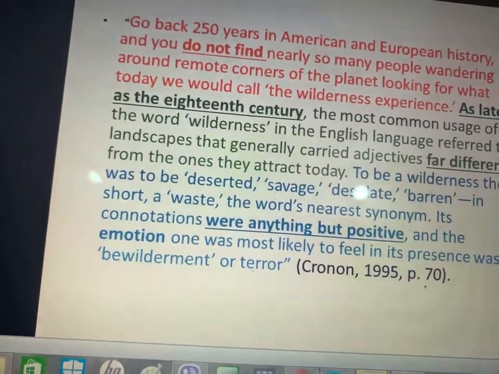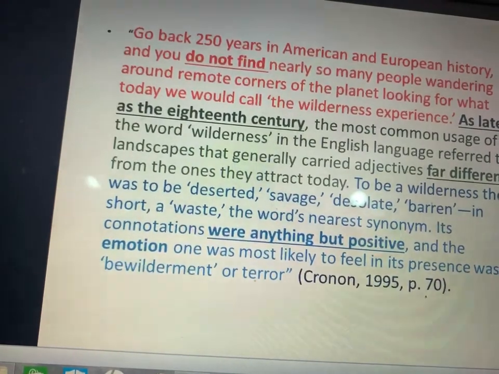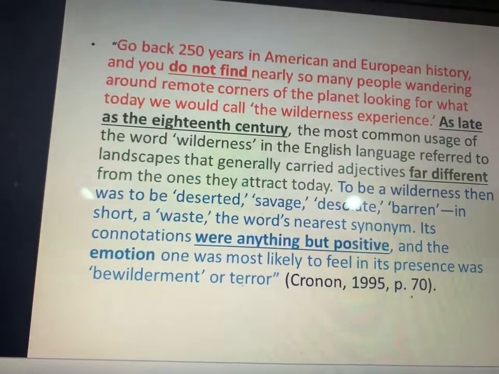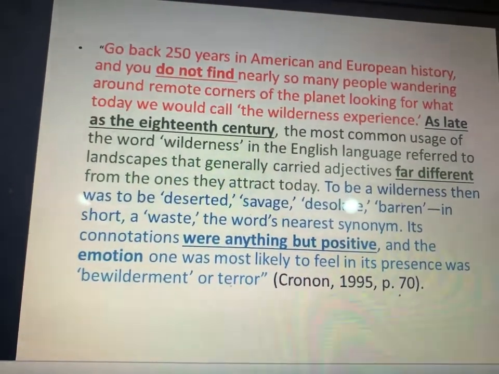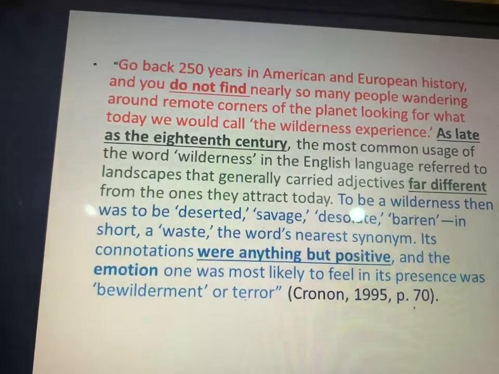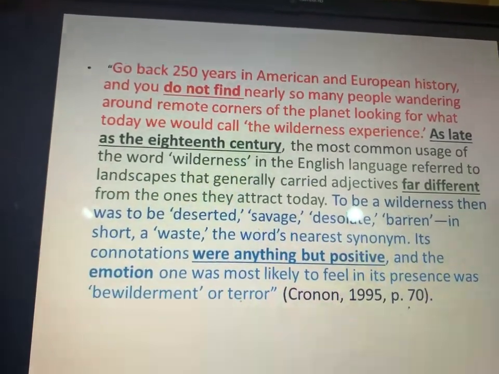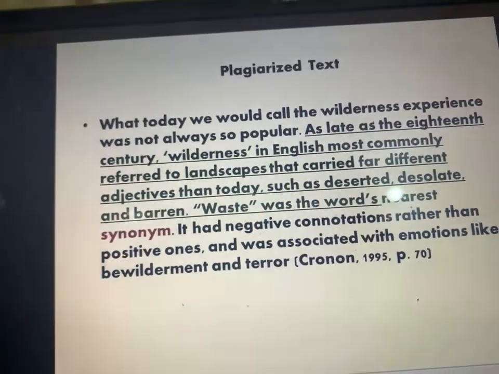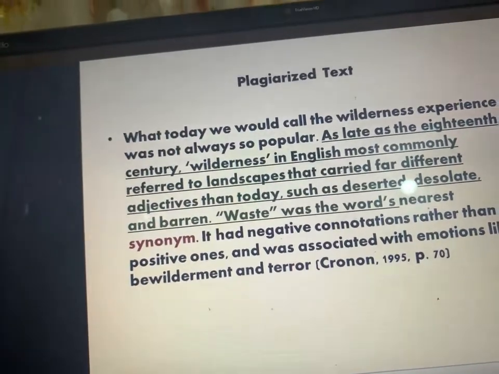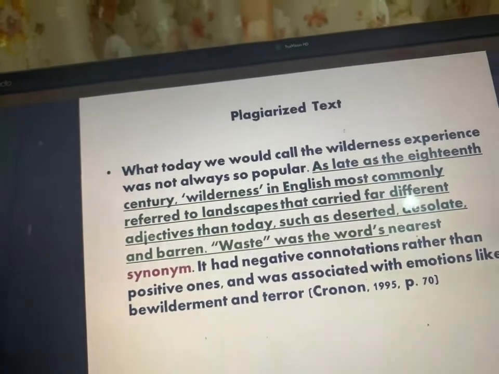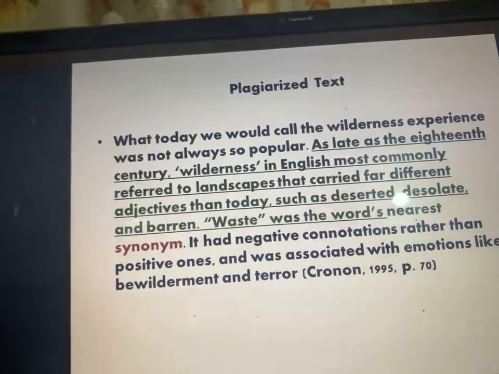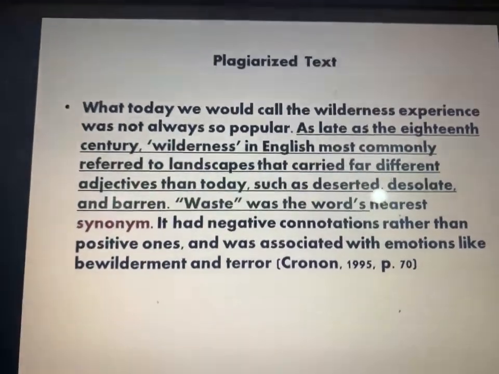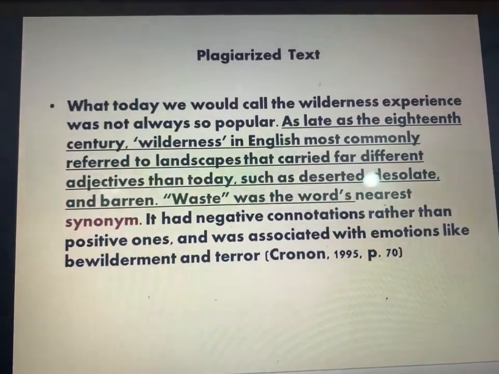Okay, so the first thing is that we said sentence number 1 means that the main theme was not very popular, not very common, and sentence number 2, it was not very positive. And sentence number 3, it means that it has the meaning of terror. Let's look at this text. Okay, the first tip, if you go back to the tip slide, you will find that it's important that the writer, the researcher, starts at a different point from the original text. Yes, this tip is applied and followed in this paragraph.